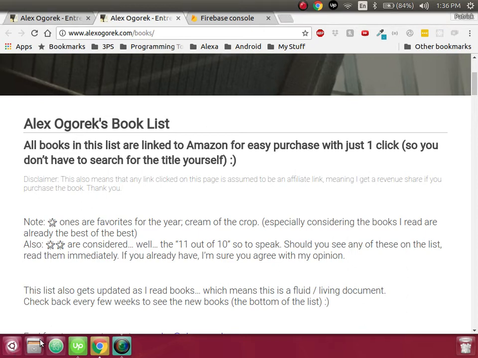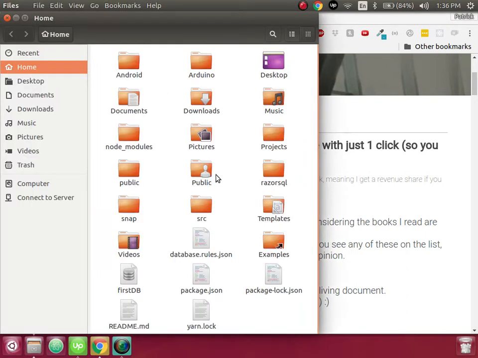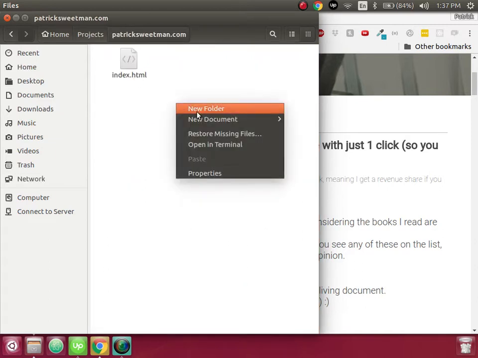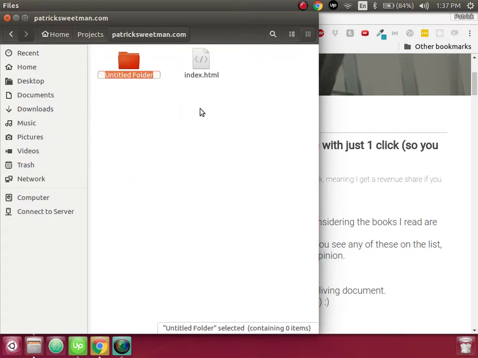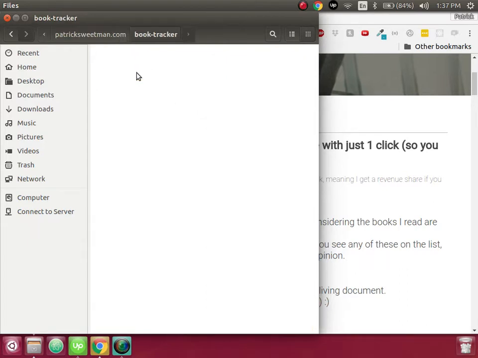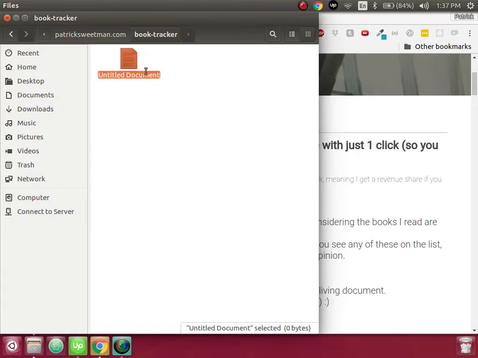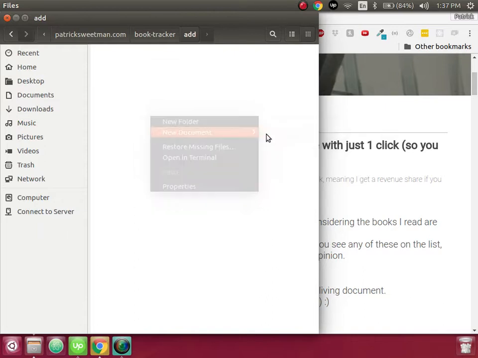First thing I'm going to do is create a new project folder in my patricksweetman.com folder, called Book Tracker. And then inside of here, I'm going to make a new document called index.html. I'm also going to make a new folder in here labeled add, and then inside of add I'm going to make a new document called